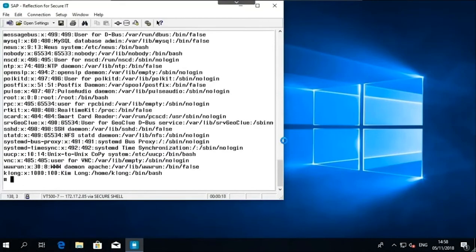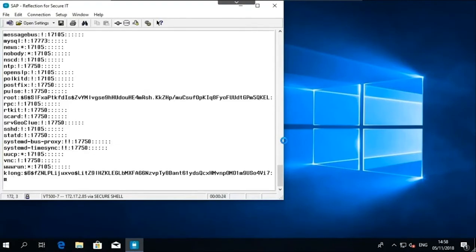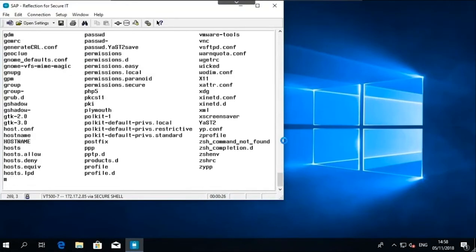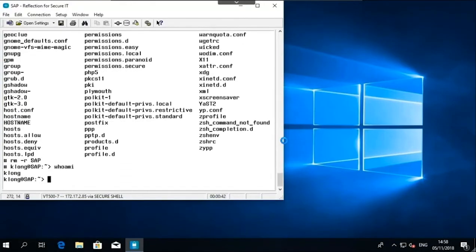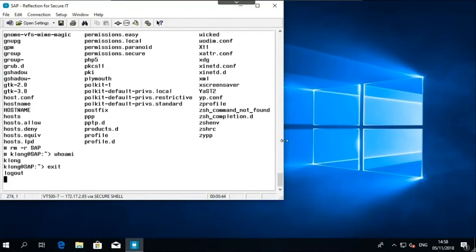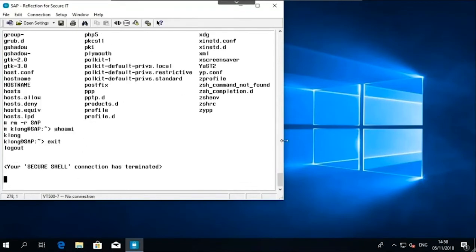The first thing he's doing is viewing who has access to the system and what type of access. And now, through that command, he's viewing passwords to the application. Although they are encrypted, he's still able to view those. And now Kim actually attempted to remove the entire SAP directory in this application, which raises a few flags, a few concerns, right? We don't want to allow end users to run these commands freely, right?